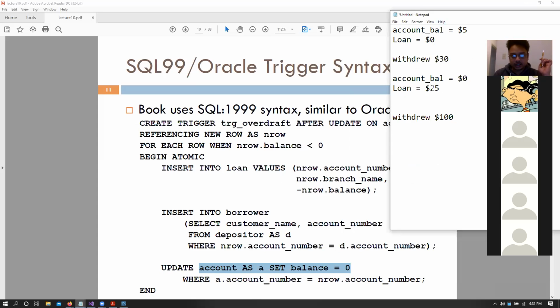So let's make it a bit different. Let's say I just withdrew $1. So my balance would now become what? My current account balance is zero, I take out a dollar, so it becomes -1. And essentially, won't my loan amount become $1 given this code?